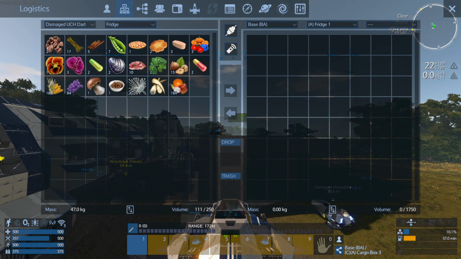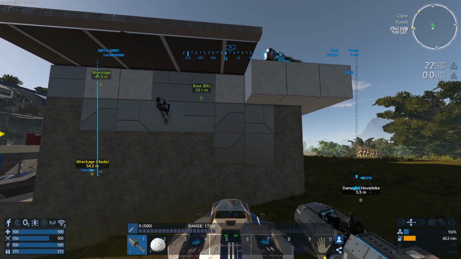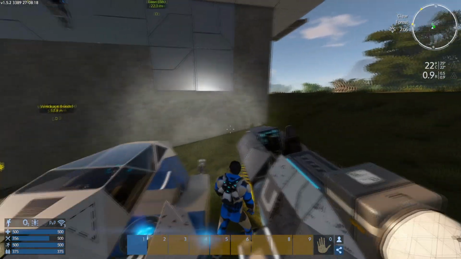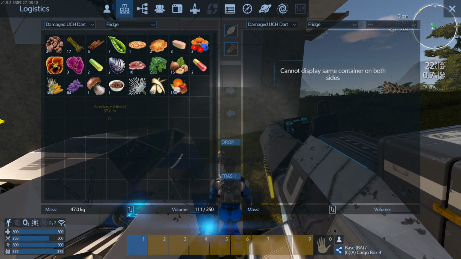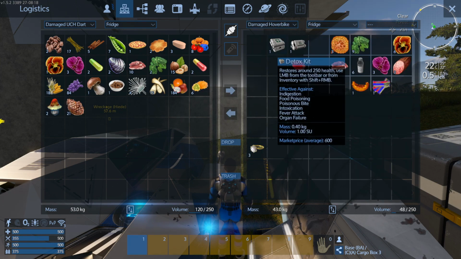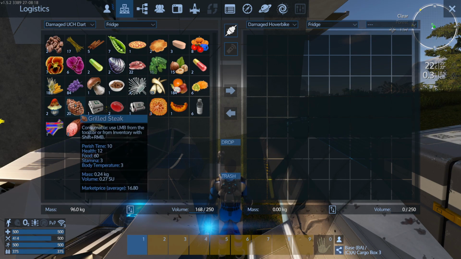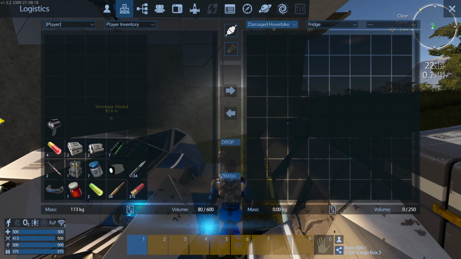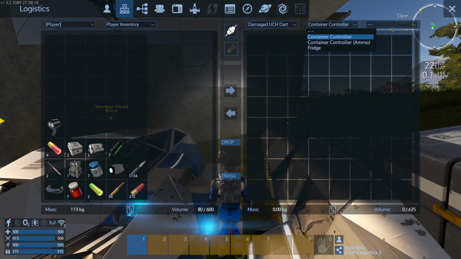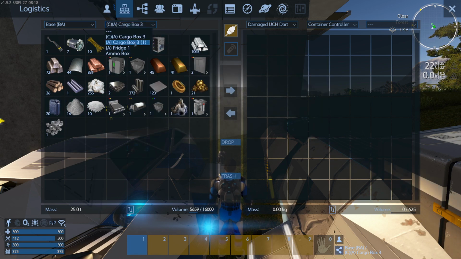I must admit, when it comes to my perishable supplies, I like to keep them with me. So what we'll do is we'll just hook out everything from the UCH dart, not the dart, sorry, the hover bike. Just take everything with us. That's a little bit of meat there, and I think the other thing I'm going to need to take with me, player, get everything on the right side. Container controller. We'll take some biofuel with us. Actually, no, I'll leave the biofuel behind, and we'll take the...